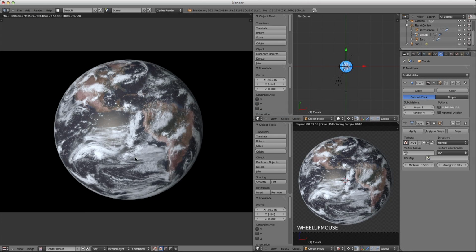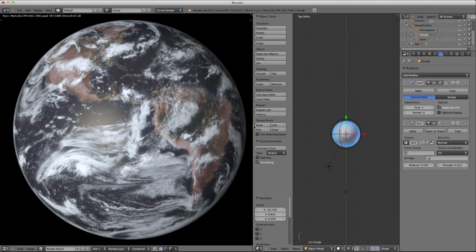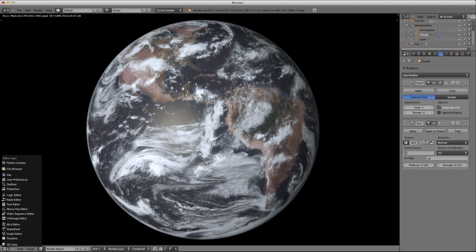We are done rendering again, and when we look at it this time, we don't see any of that funky banding. So we're good to go. Now, we have to open up the compositor to finish this up. I'm going to go ahead and close these two windows, and we will switch over to our